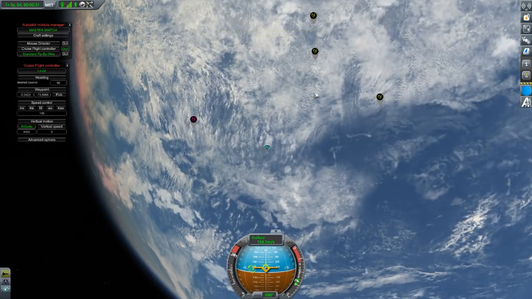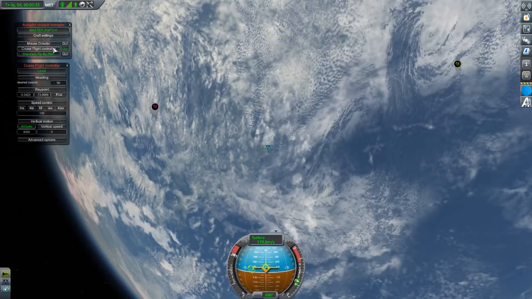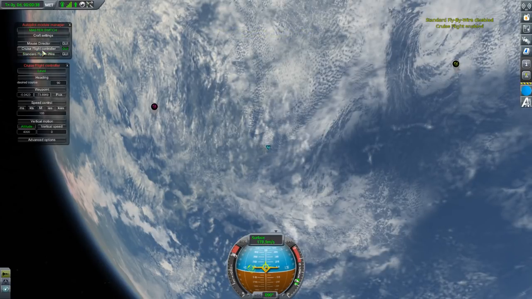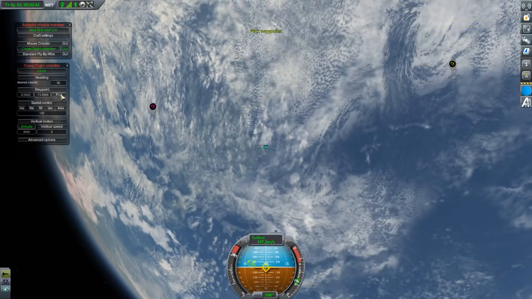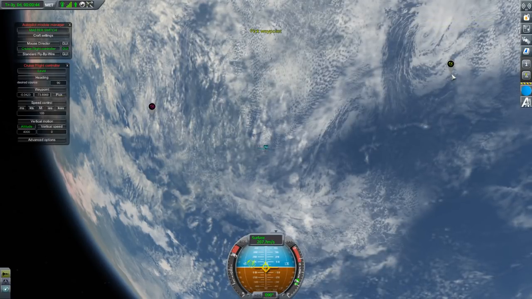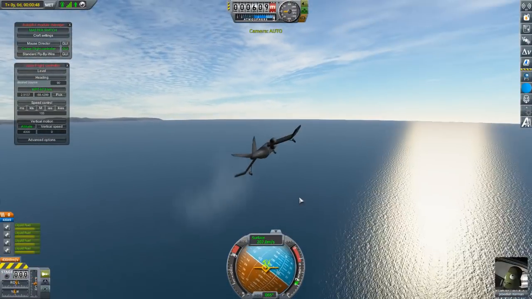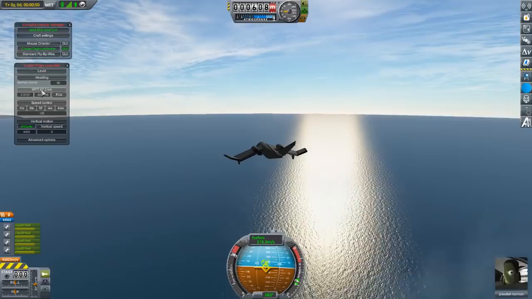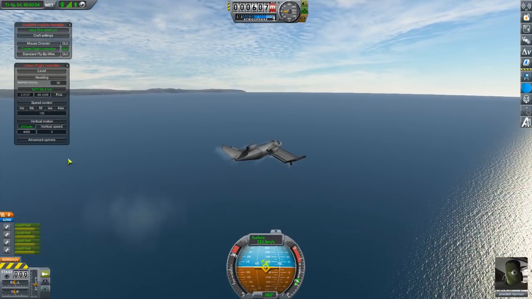I can just go, I want to, oh, I need to stick us onto cruise flight, don't I? Go to that waypoint there, and it will fly me towards it, and it even tells me how far away I am. We can also set our...